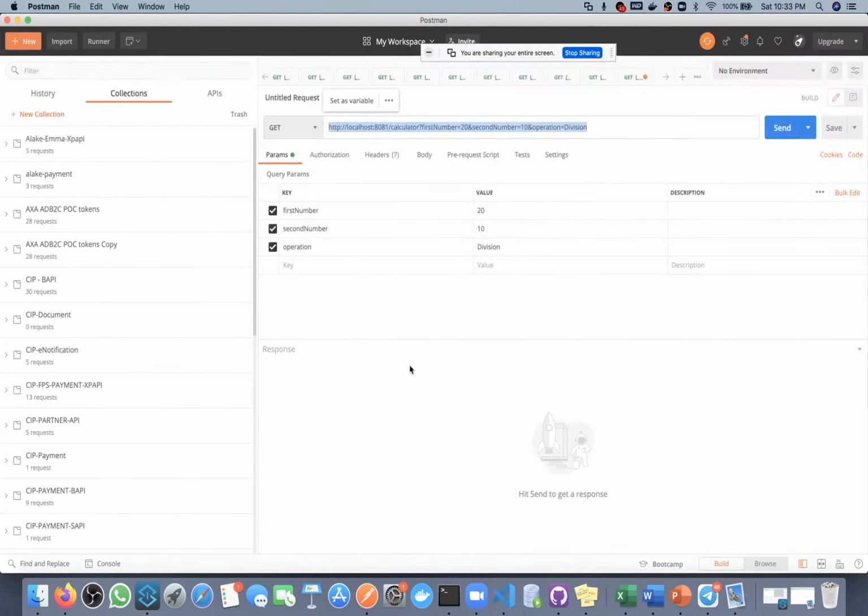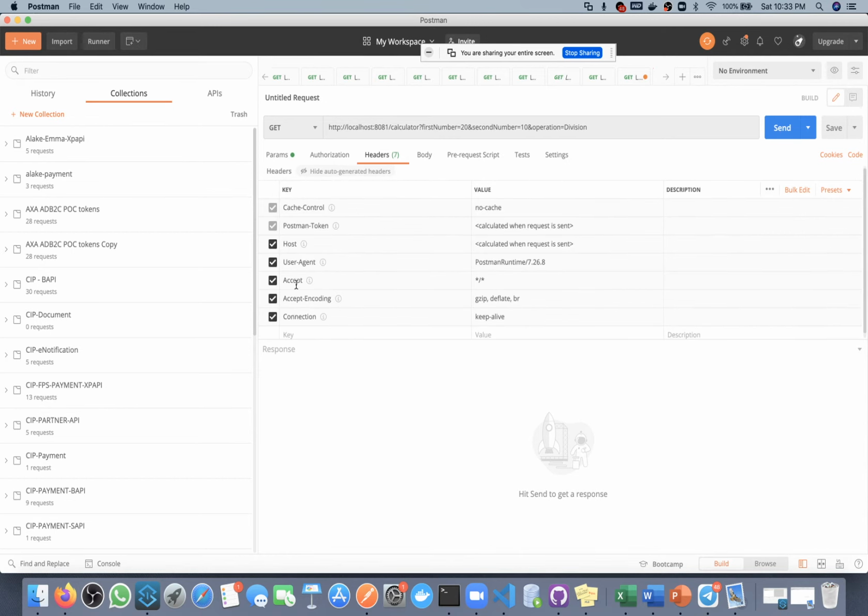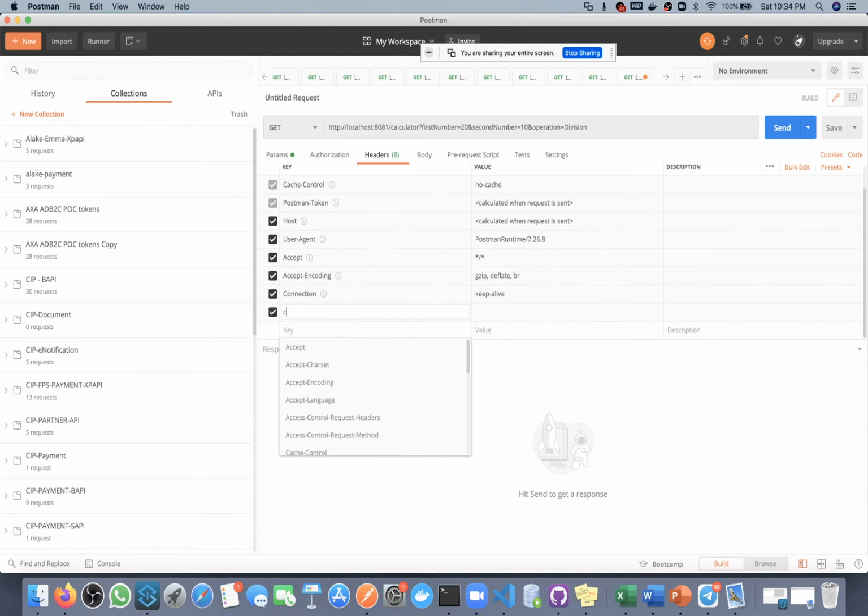If you see here, by default when you create any request in Postman, you will get multiple headers, for example cache control, postman token, host, user agent, accept, accept encoding, connection. Then other headers we also have, like content length, content type, connection. So all these are metadata of any REST API.